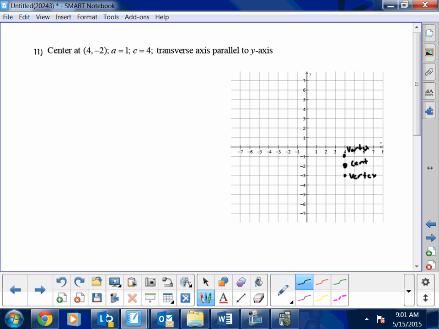Here's your center. And then here's 3 equal 4. 1, 1. That's the center, that's the center. So, and like in this case, we're going to have